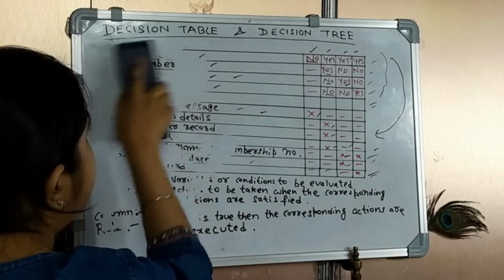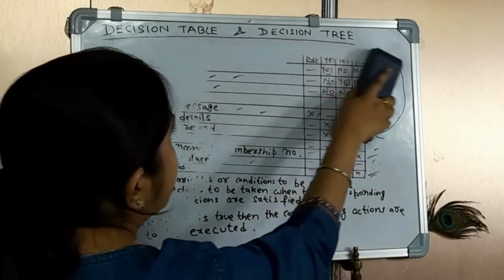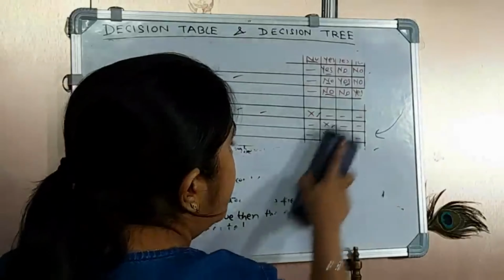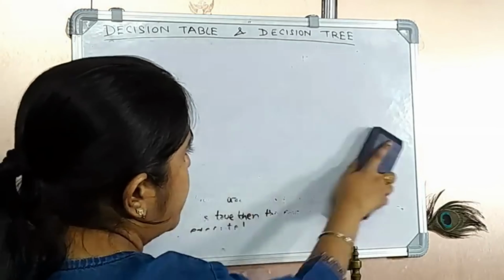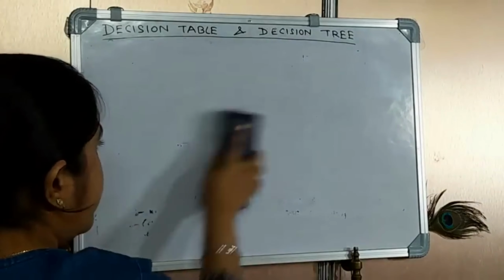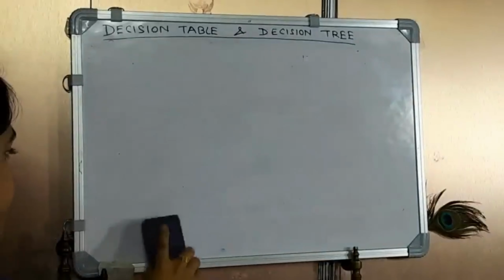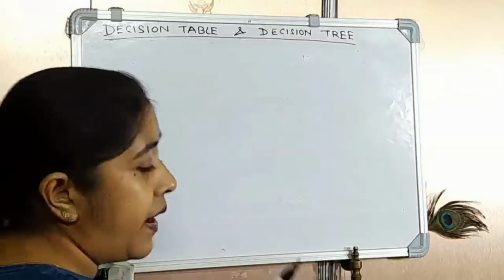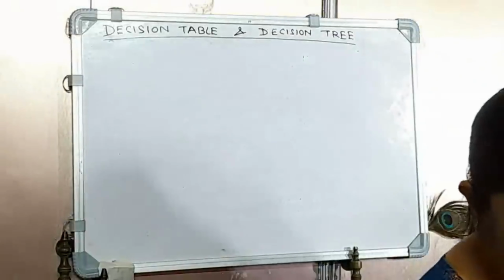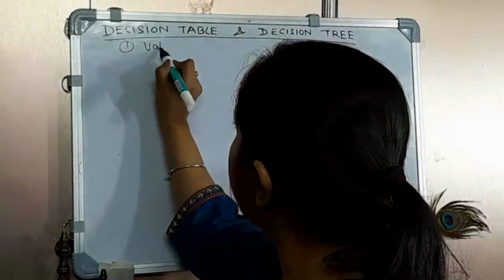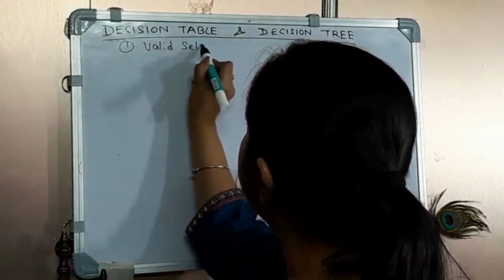These things are mainly done for our condition validation and whatever actions are going to be taken. So to make those conditions and actions very easy, we use this kind of tabular form and tree formation of decisions. Now let's see how we are going to form this. First, let's see what actions and other things we are going to make. The first thing is, for a valid selection,